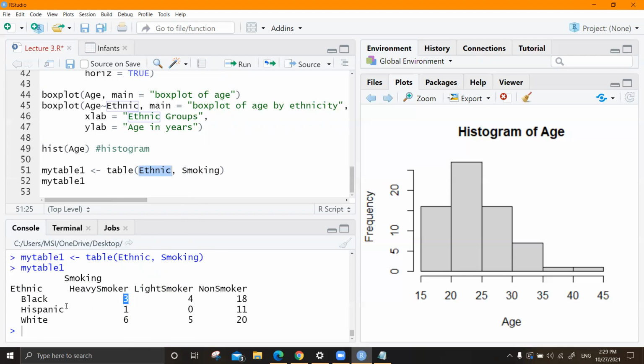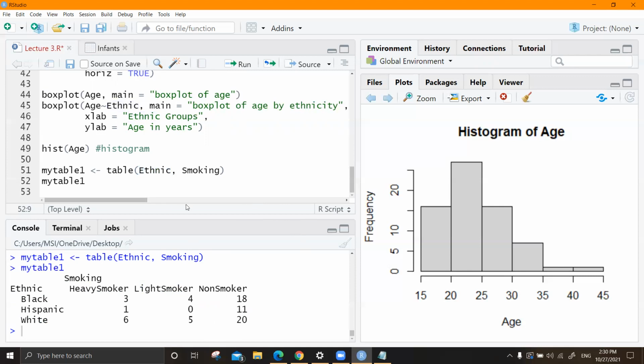So this means you have 3 observations for black heavy smoking. You have no observations for Hispanic light smoking. 11 means you have 11 observations for Hispanic and non-smoker category respondents.